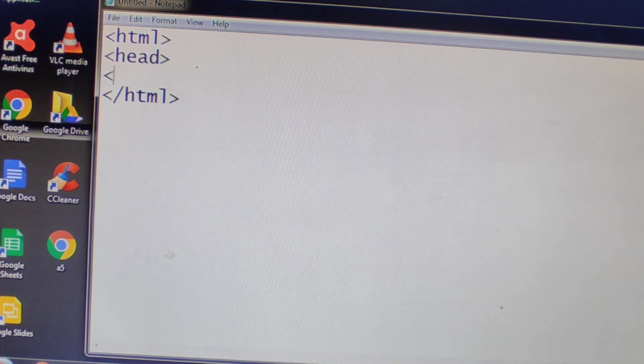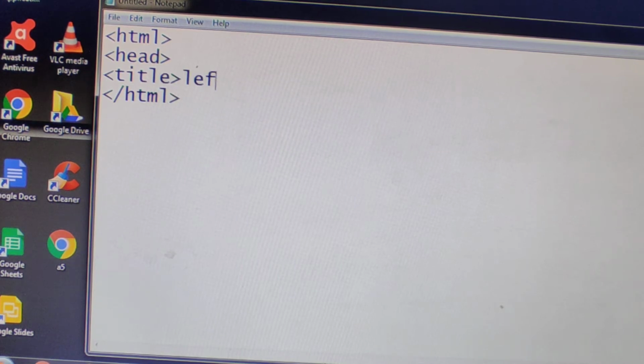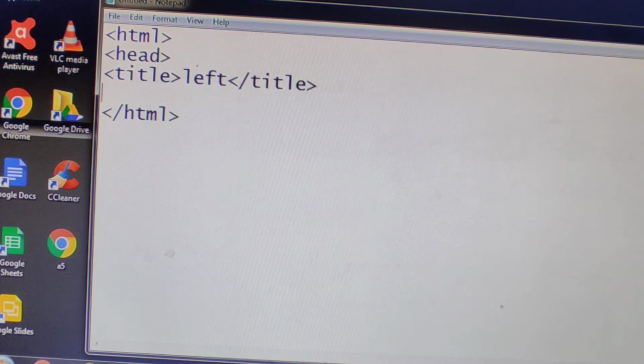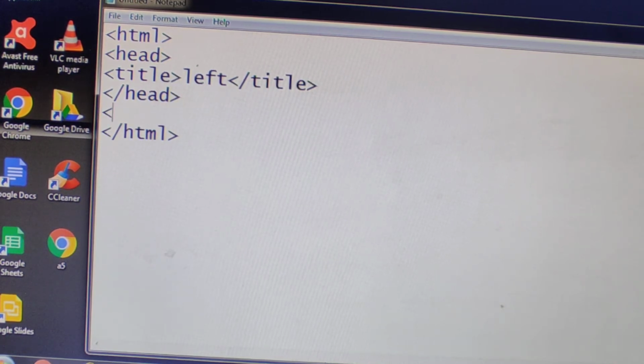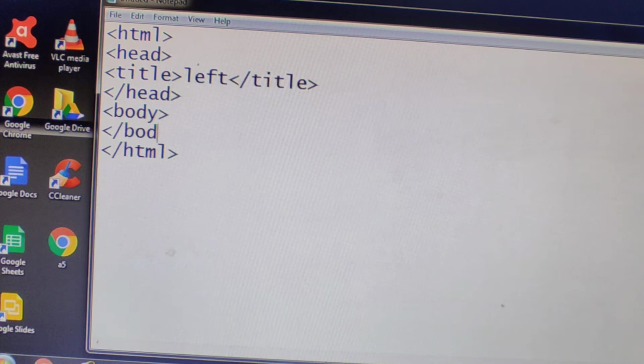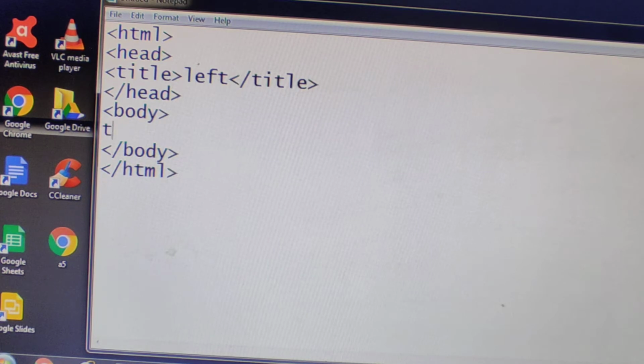Inside the head, you give the title. Here I am giving the title as left, and close the title. Next, after the title, close the head. Now open the body tag, and between the body opening and closing you give the content, like this is left frame.